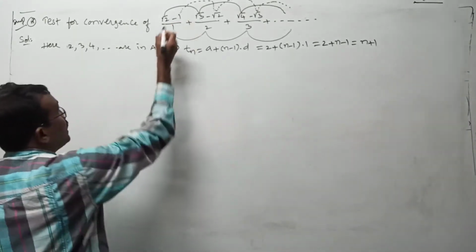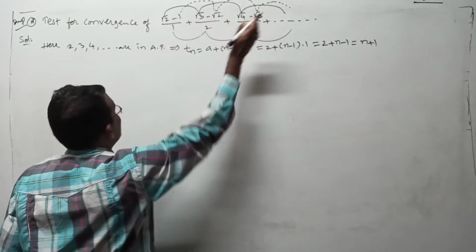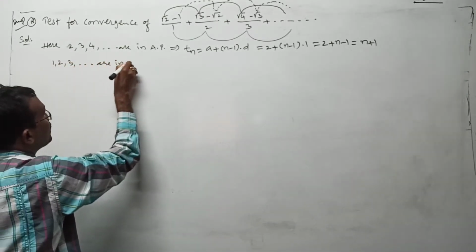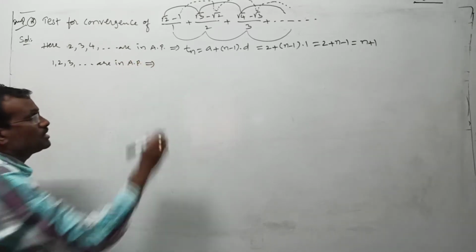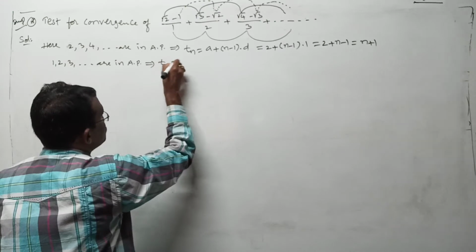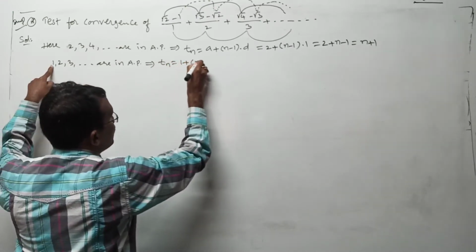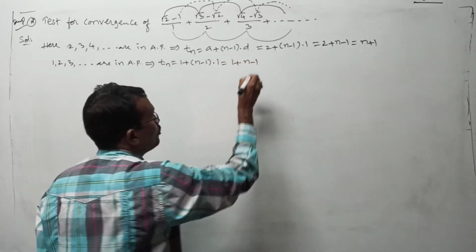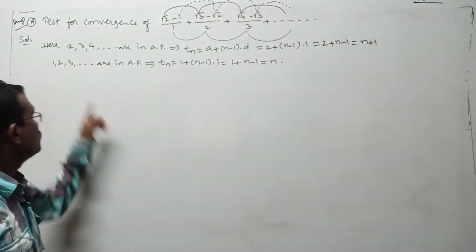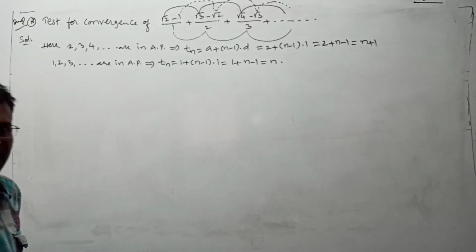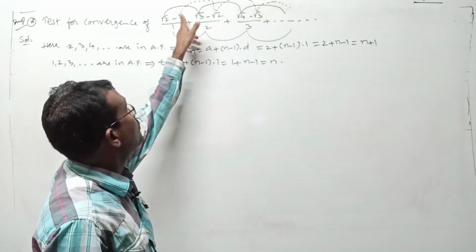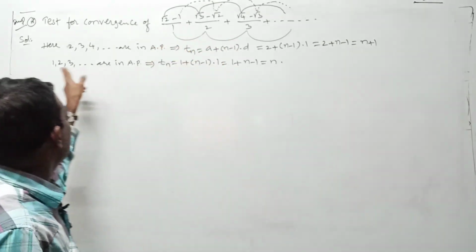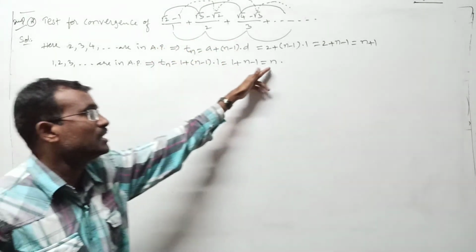Next come on to this. Again here 1 means root 1, I said. 1, 2, 3 and so on are in AP. Directly you can write the nth term is n, but I am using this definition. Tn is equal to a, which is 1, plus n minus 1 into d; 2 minus 1 is 1. It is 1 plus n minus 1, how much is it? n. Directly you can guess, 1, 2, 3 so on, the nth term is n. But while writing un, it should be root n, because root 1, root 2, root 3, the nth term is root n. Come back to the denominator 1, 2, 3, already available; we did it. In the denominator directly you can write this n.